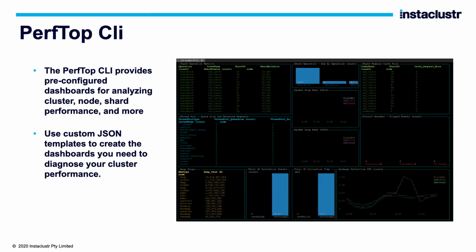It also provides what we call a CLI, and on the CLI level, it gives you out-of-the-box, ready-made dashboards, and you can even customize those dashboards or templates to show different metrics a different way. But it's very powerful, and the other advantage is that you can push all those metrics into another Elasticsearch cluster to do